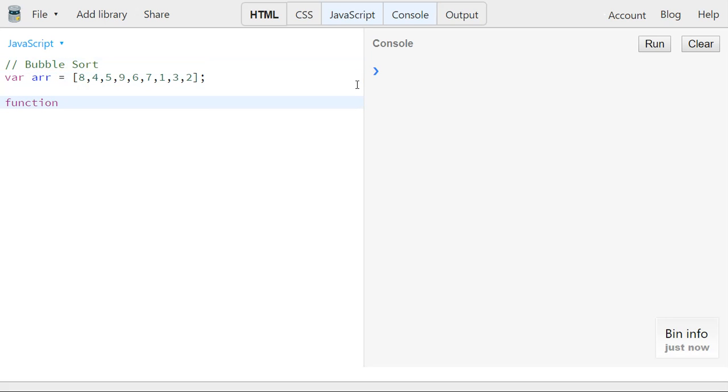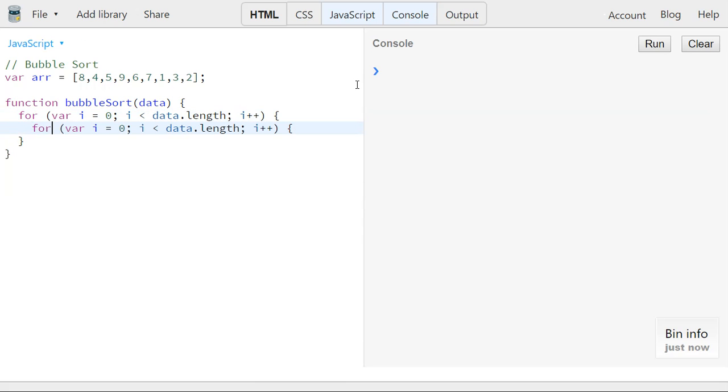So the actual implementation is pretty straightforward. I'm going to make a function to do it, where we're going to get some array of data, and we're going to implement bubble sort to replace it in line. So the way it works is you're going to have an outer loop, i equals 0, starting at 0 and going to the length of the array. You're then going to have an inner loop, which is going to be exactly the same or very similar,